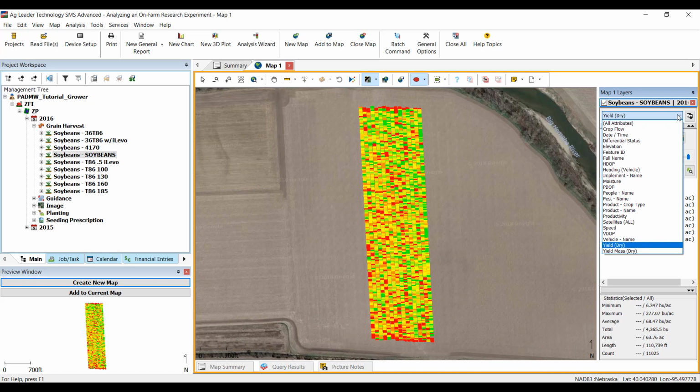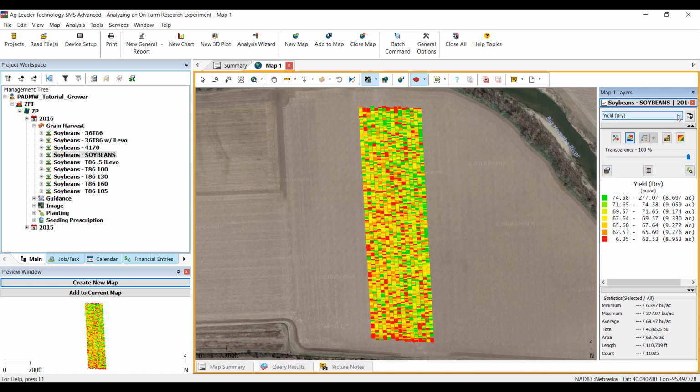The drop-down menu right underneath the name of the selected layer allows us to select which data attribute we want to have displayed. Below this drop-down menu, there is a row of buttons that allows us to select the type of map display that we want. The default display is a swath map, but often we will use the base map view to change the data